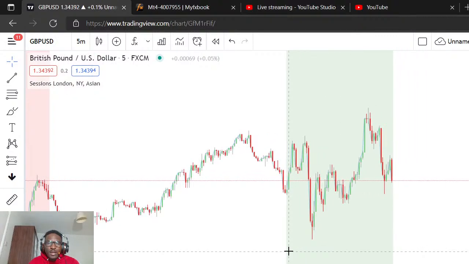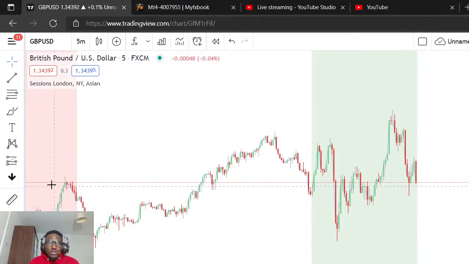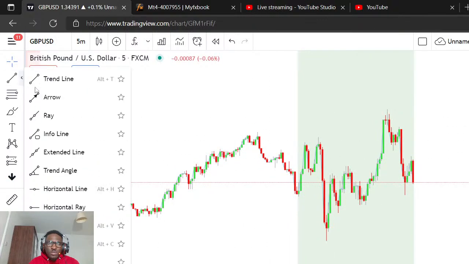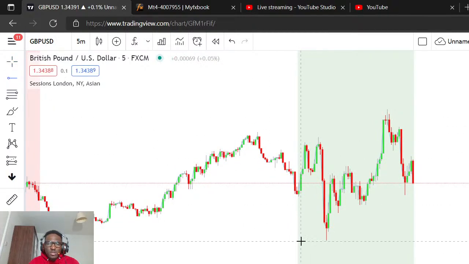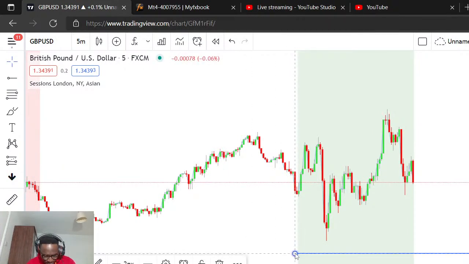Today, based on what the strategy is giving me right now, I'm going to be going long on this market. Today's going to be a little bit easier because my stop loss just needs to go below this. Even though I don't use a stop loss, if the market goes below that, then I'm likely going to close my trade.